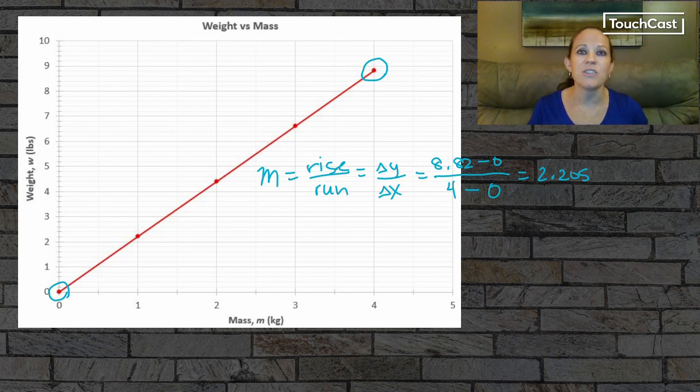And if this were math class, you'd be done. But since it's physics and the data that we collected have units associated with them, we need to put some units on our slope as well. Our vertical axis variable units were pounds, and our horizontal axis variable units were kilograms, so 2.205 pounds per kilogram. To interpret this, we could say every 1 kilogram increase in the mass of an object